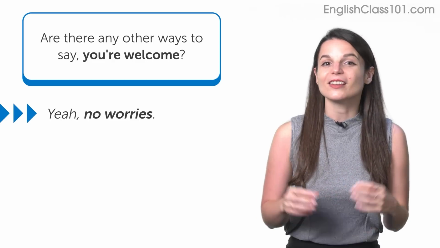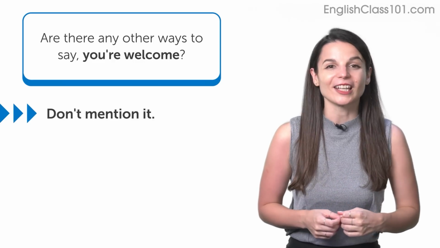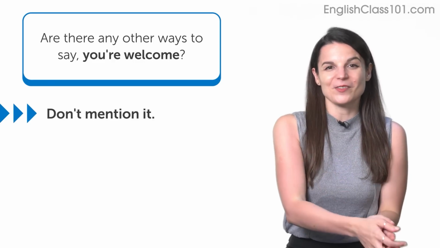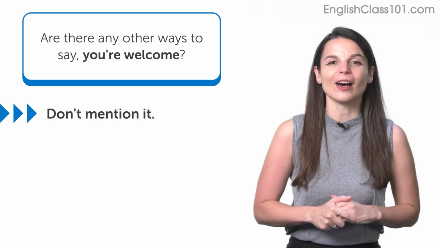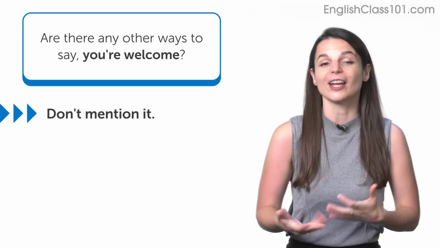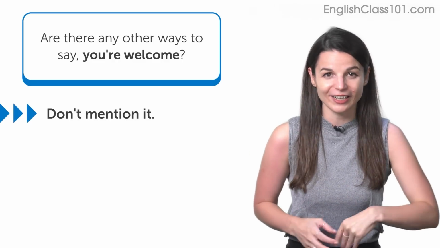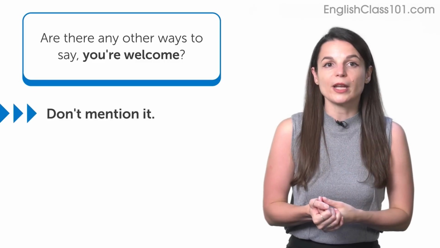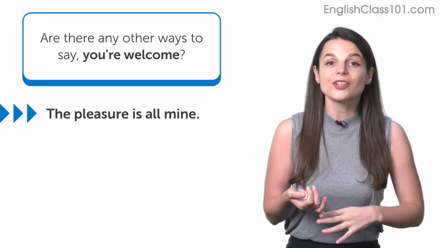Another one you can use is don't mention it. So don't mention it makes it sound like don't even talk about it. That's not even something you need to talk about. Of course I would help you. That's kind of the feeling here. Don't mention it. So if you're in a more formal situation, you could say something like, the pleasure is all